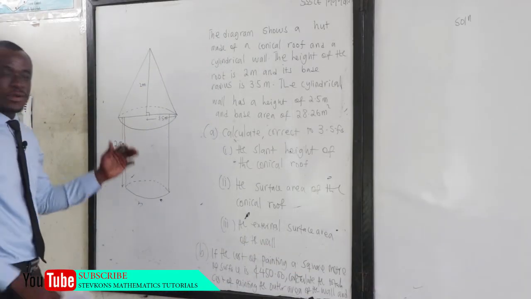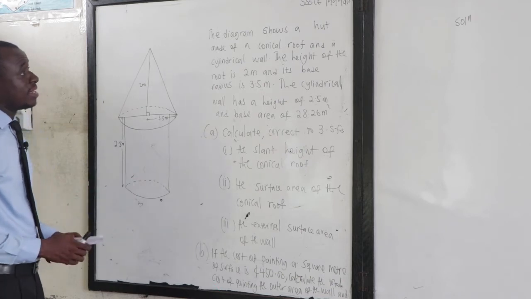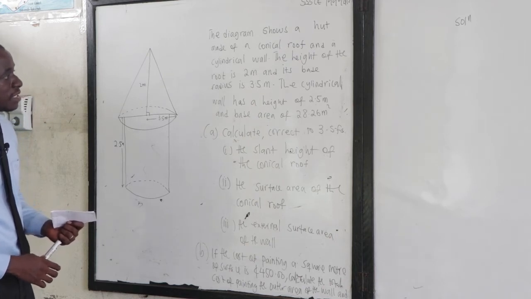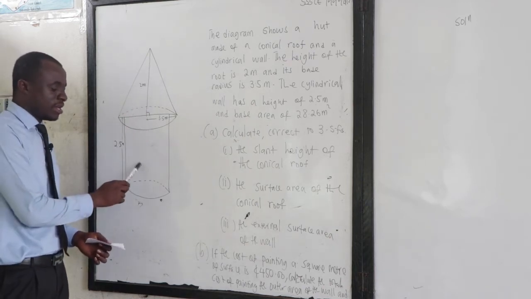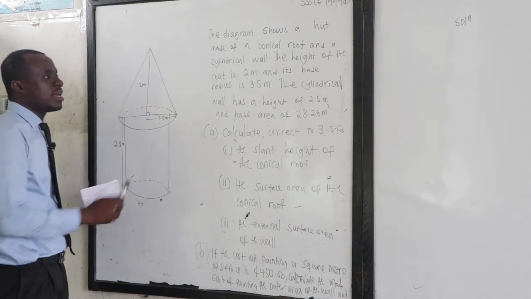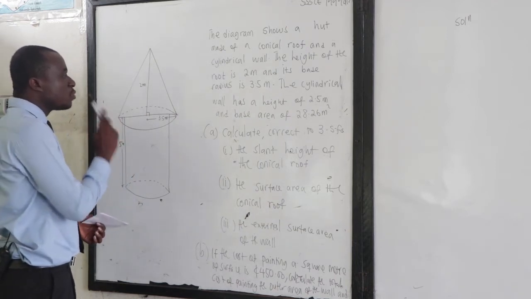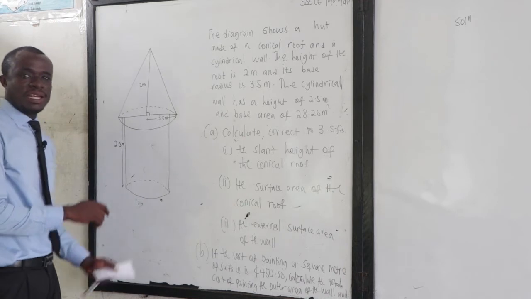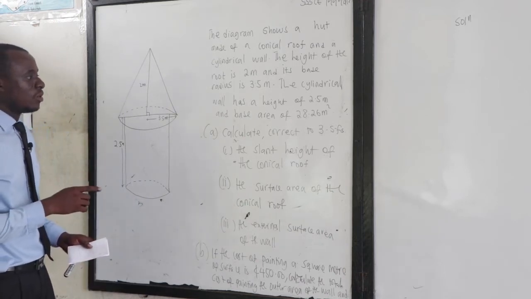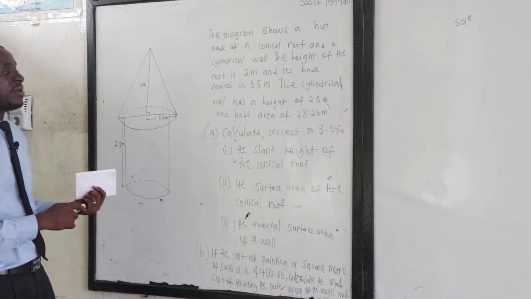Now let's consider this composite shape. We have a cone and then a cylinder. It says that the diagram shows a hat made of a conical roof and a cylindrical wall. So this is a conical roof and then the cylindrical wall. It says that the height of the roof is 2 meters. So you can see 2 meters. And its base radius is 3.5. Now, be very careful here. The base radius of the cone is 3.5. But then the base radius of the cylinder is not known. It says that the cylindrical wall has a height of 2.5 meters, and a base area of